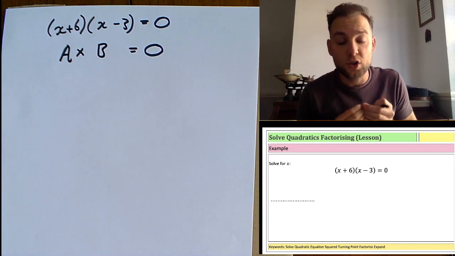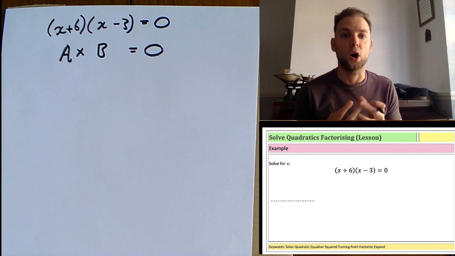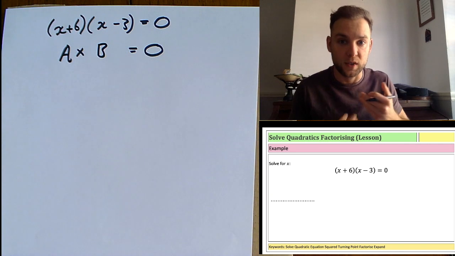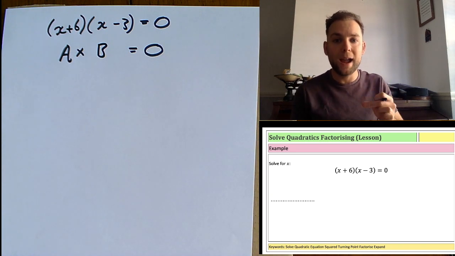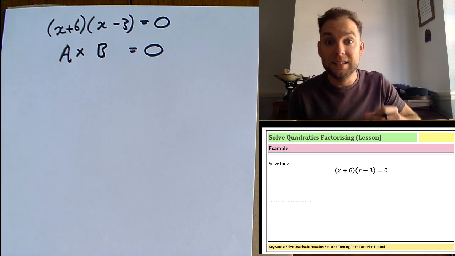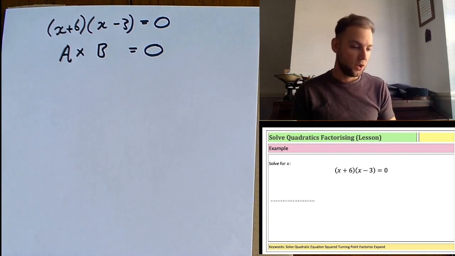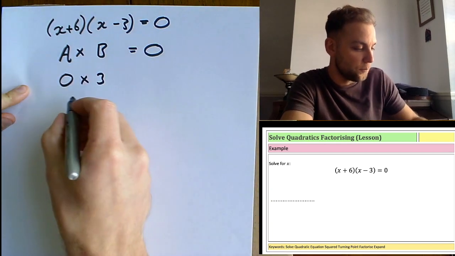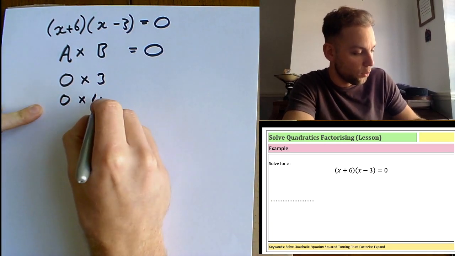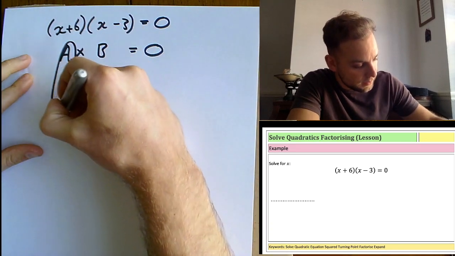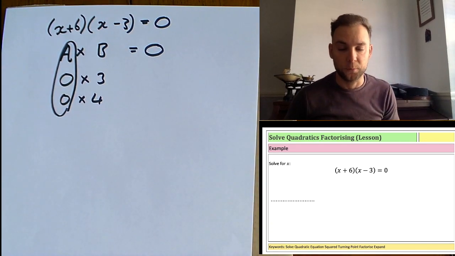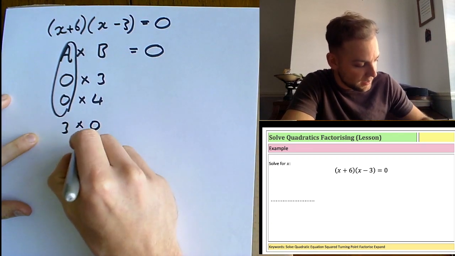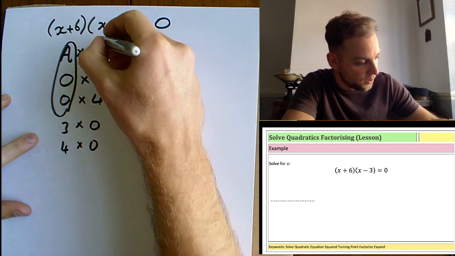Now the question you've got to ask yourself is, if I've got two things which multiply together to make 0, what could those things be? Well, the only way to get 0 is to multiply by 0. So in this case, this could be 0 times by 3. It could be 0 times by 4. No matter what it is, A could be equal to 0, okay? And on the other side, it could be the other way around. It could be 0 times by 3, 4 times by 0. So here,